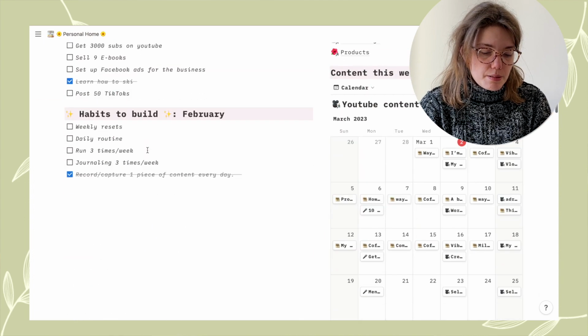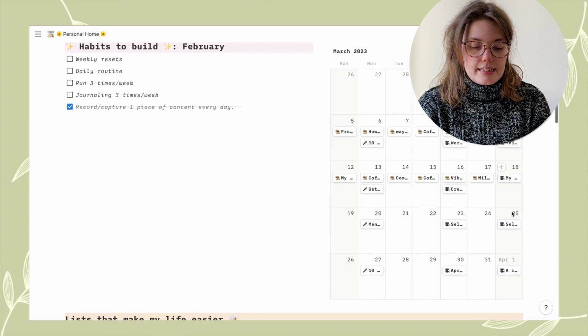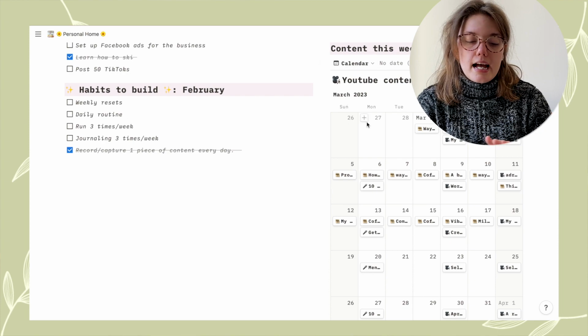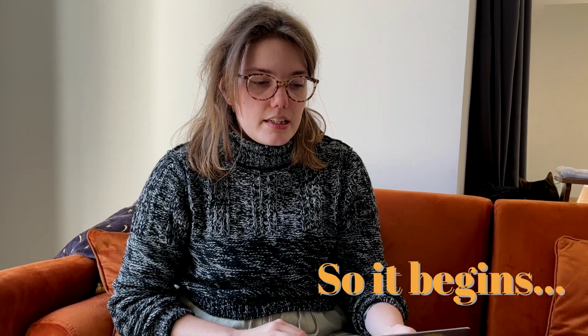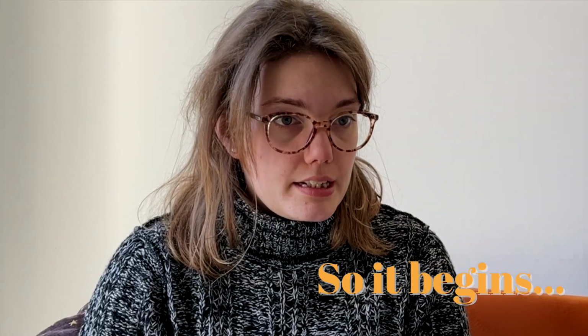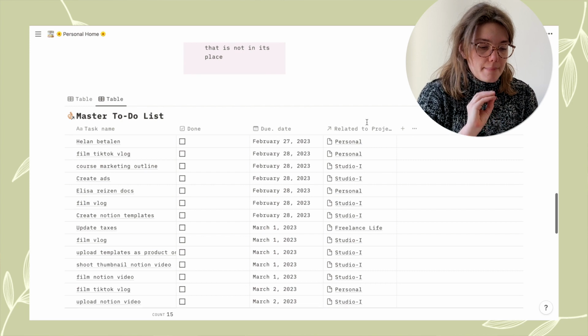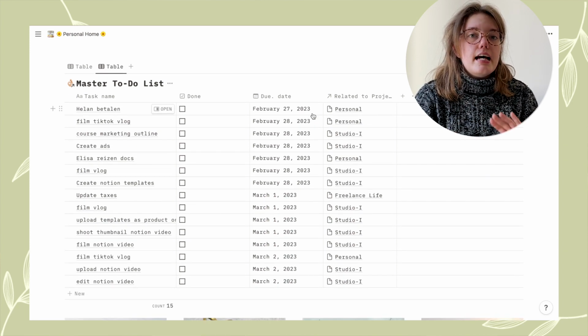Then coming back to my personal homepage, I have my work, like my YouTube content calendar here on the side, which is very specific with all the dates of videos that I'm uploading, things that I need to plan. I have it at a glance. It's fabulous. And then another thing that is quite fabulous actually, is my master to-do list. I put everything in here that comes from...